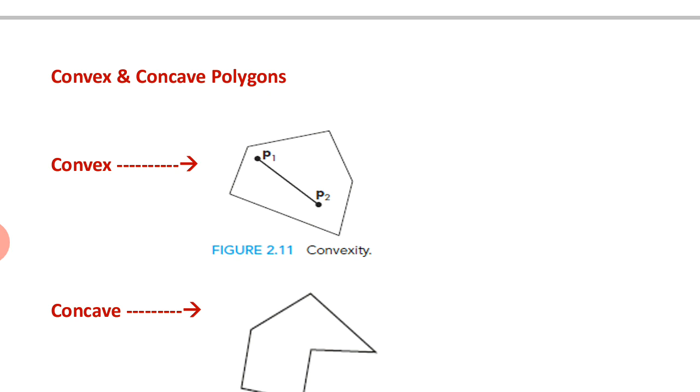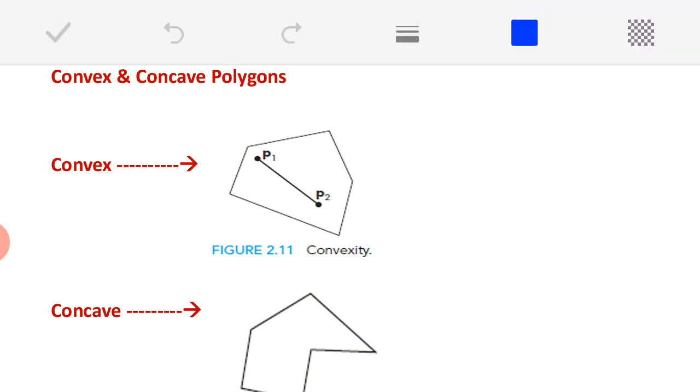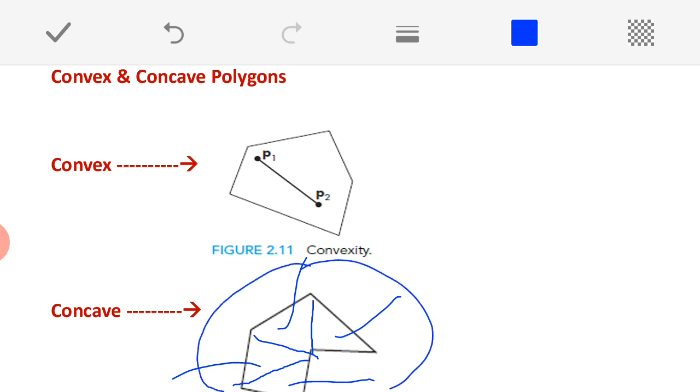Once again I will repeat, in polygon processing, OpenGL always prefers the polygon to be convex. Even if it is a concave, it will be converted to convex. It will be divided into a number of convex polygons, here one convex polygon, here one convex, like this. Concave will be converted to convex, and the polygons will be processed like this. This is how OpenGL handles it as far as computer graphics is concerned.